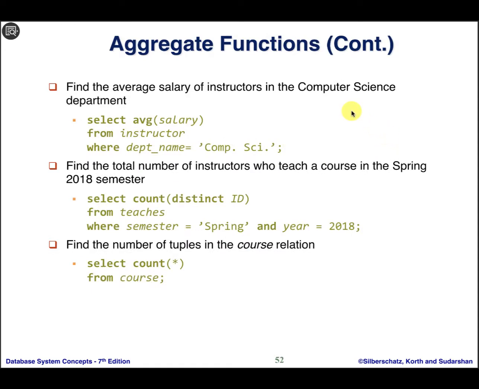Let's have some examples. Assume that you want to find the average salary of the instructors in the computer science department. I need the average salary from the instructor where the department equals computer science. So you're going to eliminate all the other departments. The order of evaluation is: one, from; two, where; three, select. And the result in this case is going to be what? The average